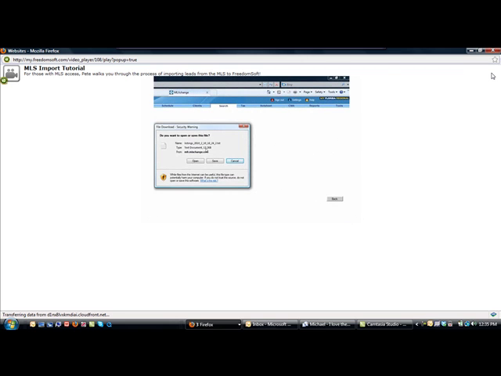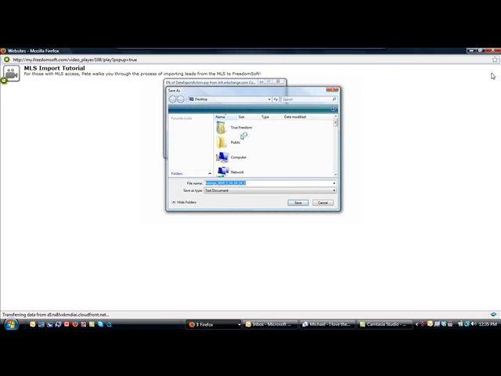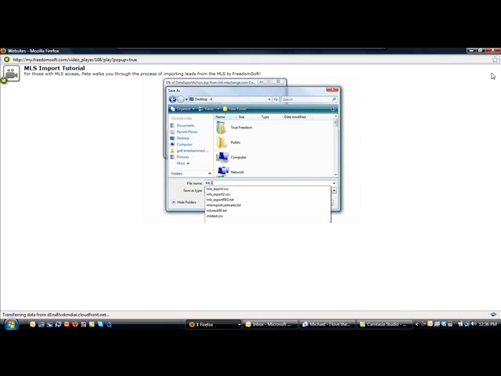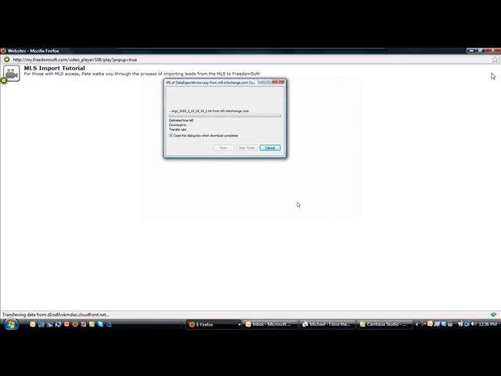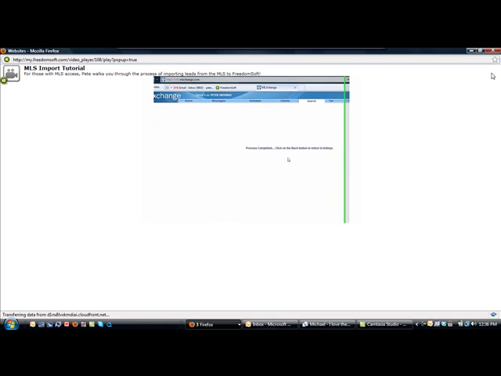This is going to allow me to save this. I'm going to save this to my desktop, so I'm going to click on Desktop. Then I'm going to change the name to MLS Export Training. All right, so MLS Export Training. I'm going to hit the Save button, and that's going to save that file for me. Once that file saves, now I'm going to go into FreedomSoft,